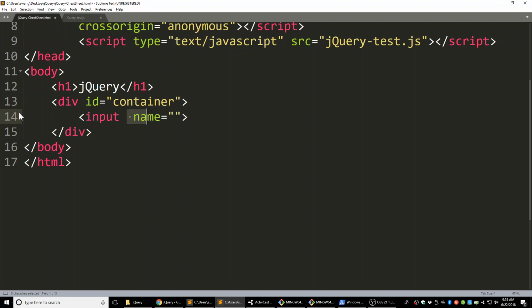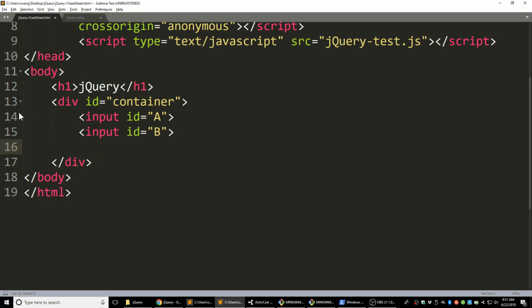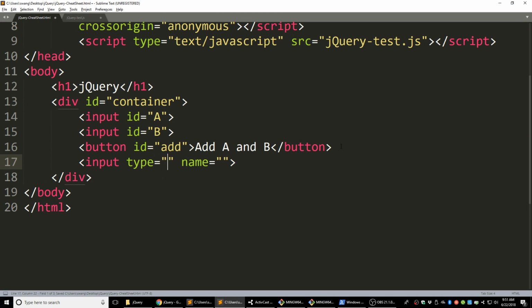Input ID equals to A. Input ID equals to B. And let's create a button here, ID equals to add. And A and B. And let's put an input here. Input ID equal to result. So it will look like